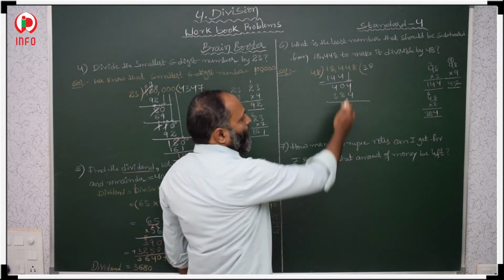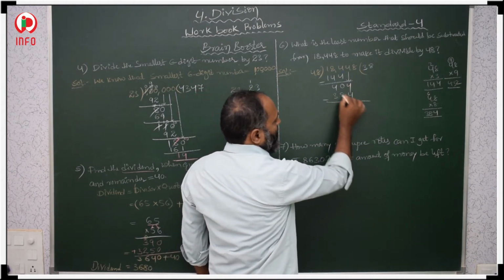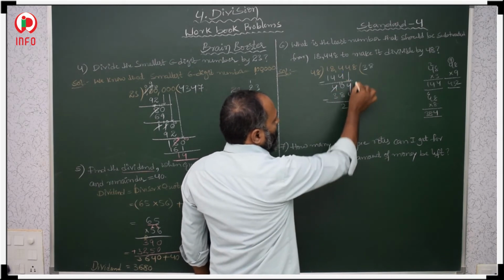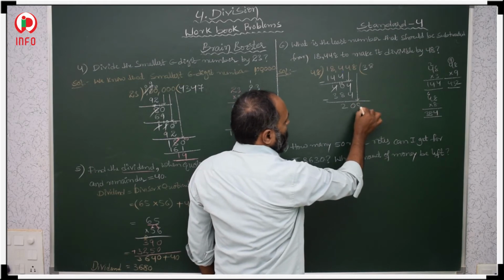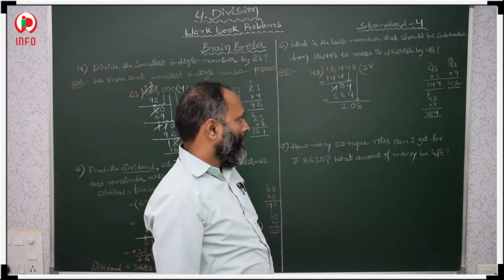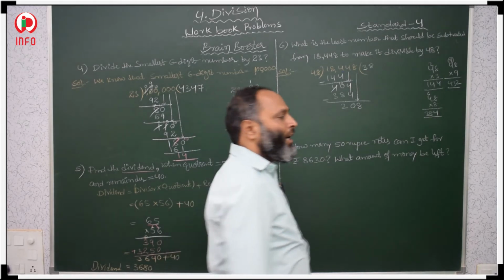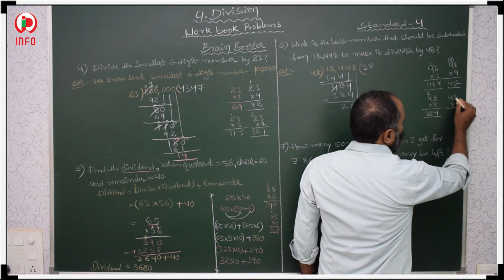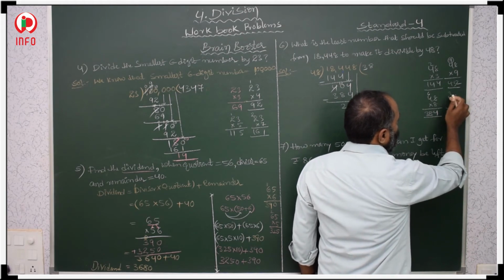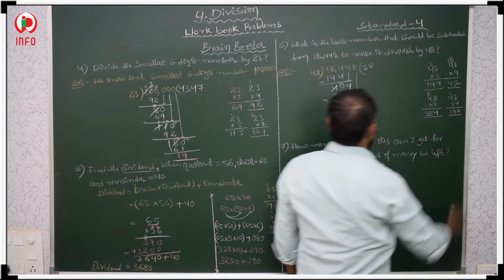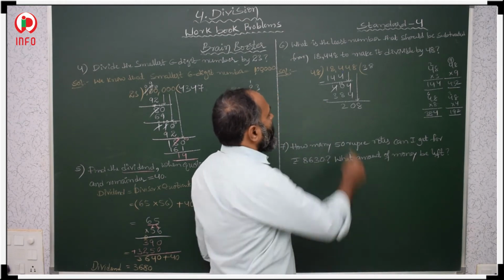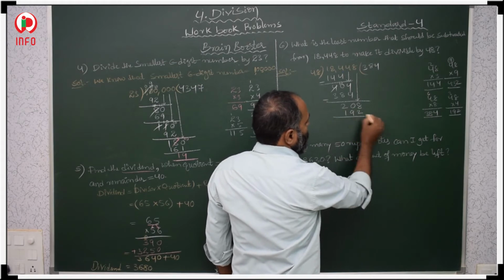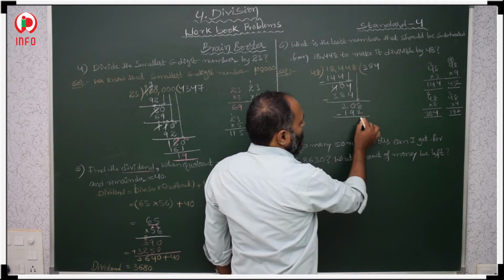Now 4 minus 4, 0. Then take borrow here, we will get 10. 10 minus 8 is 2. Again we have to take 8, so 208. Now you check 48 with 4. 4 8s are 32, 3. 4 4s are 16, 19. 192. We have to take that, 48 fours are 192. Then 8 minus 2, 6.